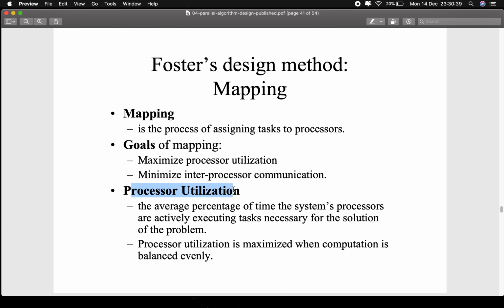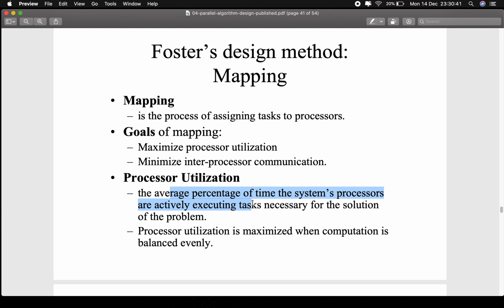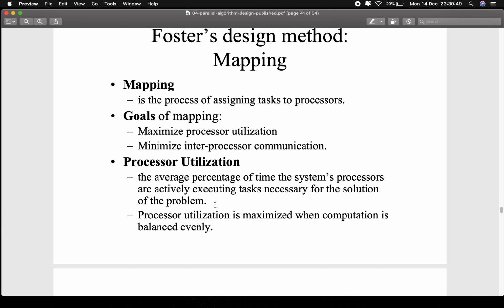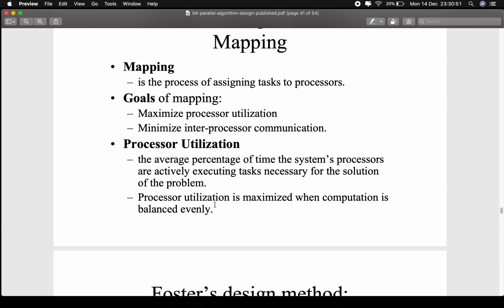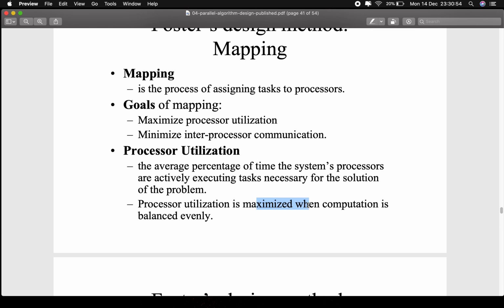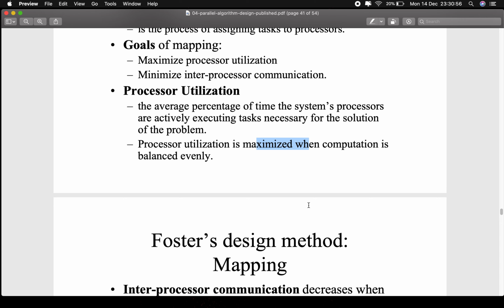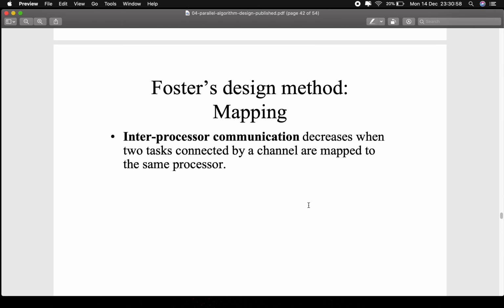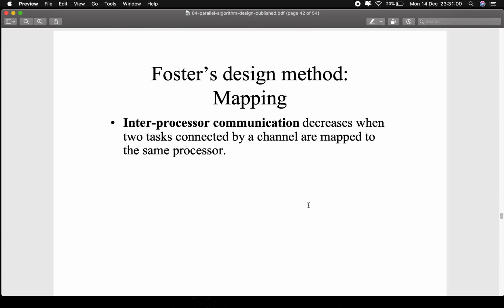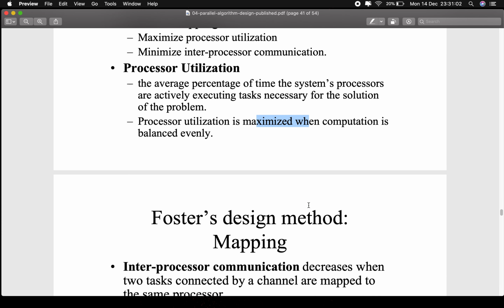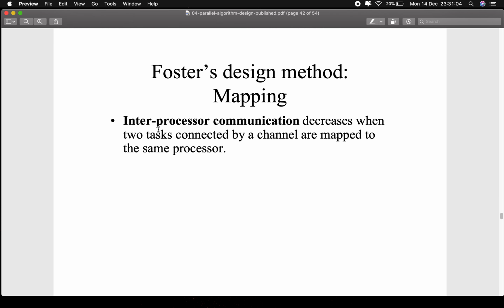Processor utilization is the average percentage of time system processors are actively executing tasks necessary for the solution. And lastly, processor utilization is maximized when computing is balanced evenly. So lastly, there is another one covered under mapping, inter-processor communication, which is the